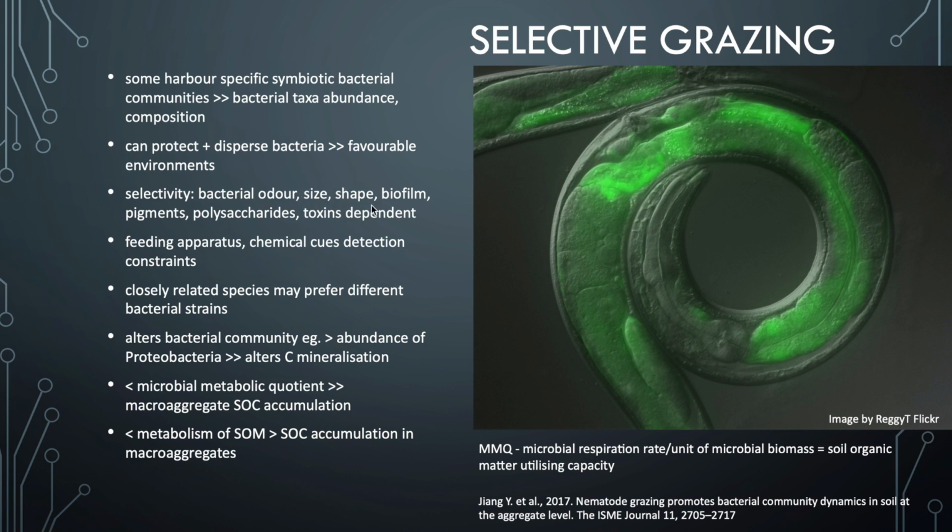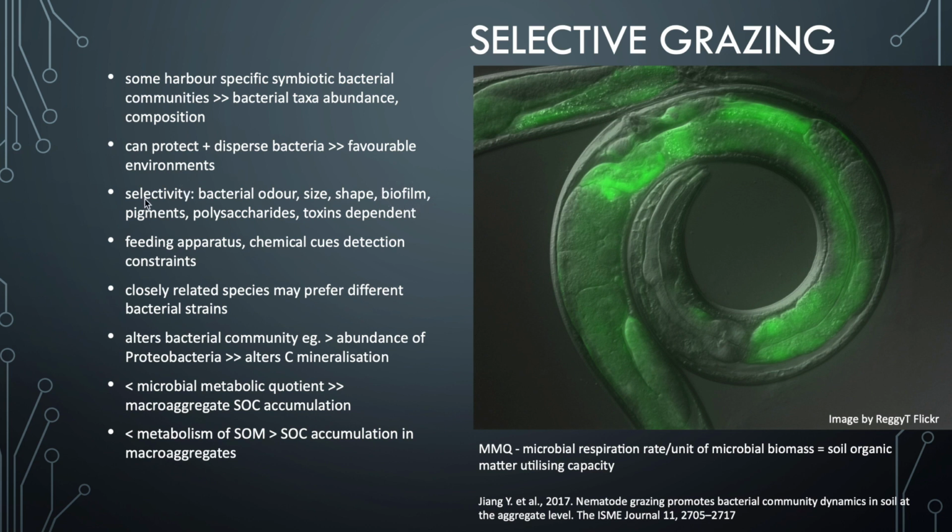Also, the size and the shape of the bacteria matter. If the bacterium is too big for a nematode to fit through its mouth, then of course the nematode won't feed on it. But the shape of the bacteria is also important. Filamentous bacteria are not readily eaten by bacterial feeding nematodes, as they need to suck in the bacteria through their mouth parts. However, sometimes there are specialized feeders that can exploit a niche of bacteria that others might not, depending on how their mouthparts are shaped and the signaling between the bacteria and the nematodes.